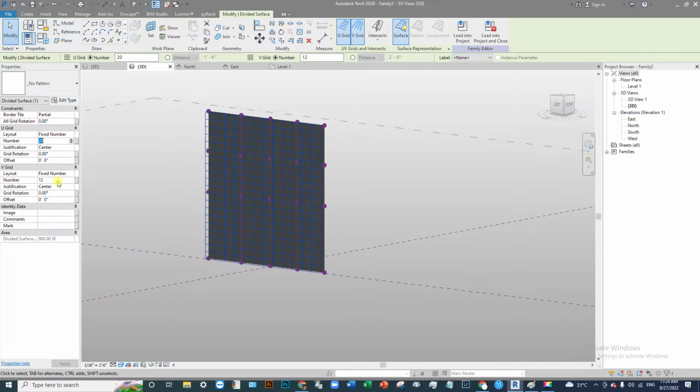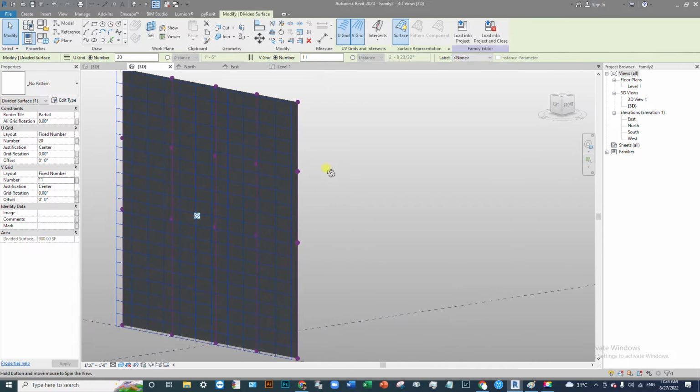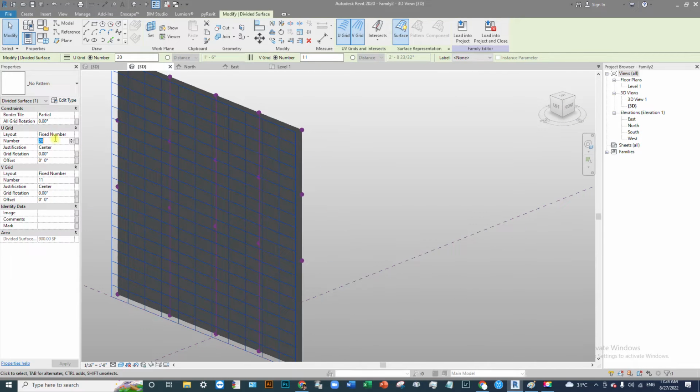Then vertical grid is 12, or say 11, then we will get 12 point. Say it's 30 in horizontal line. Okay,